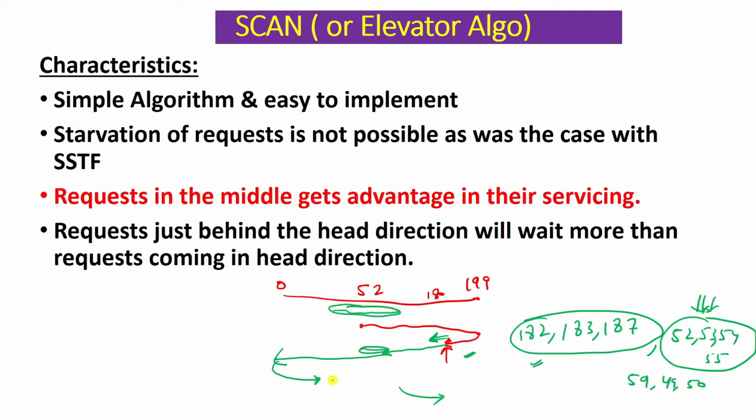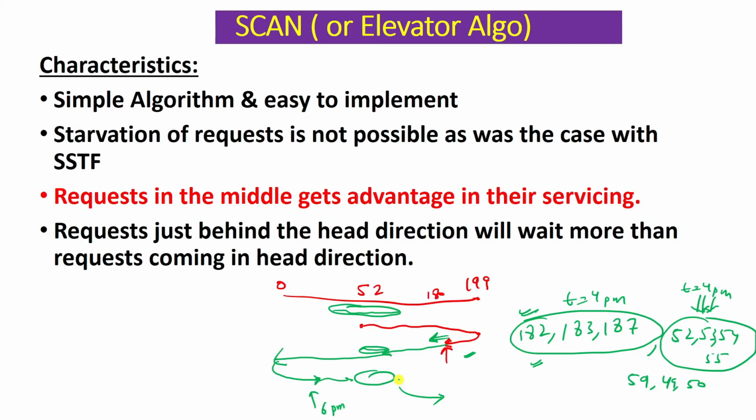So when we are going in this direction also, again the requests which are coming in the middle will be serviced earlier. You can see, let's say at t equal to 4 p.m., these requests came, but these requests were serviced earlier and these requests are waiting from t equal to 4 p.m. Let's say when we are here, it is already 6 p.m., and at 6 p.m. these requests came, so these requests will be serviced again earlier, because we are moving in this direction.